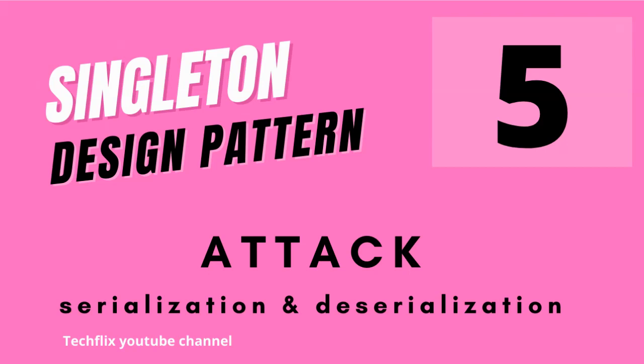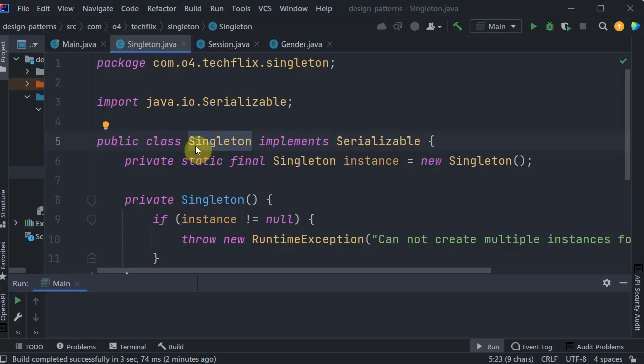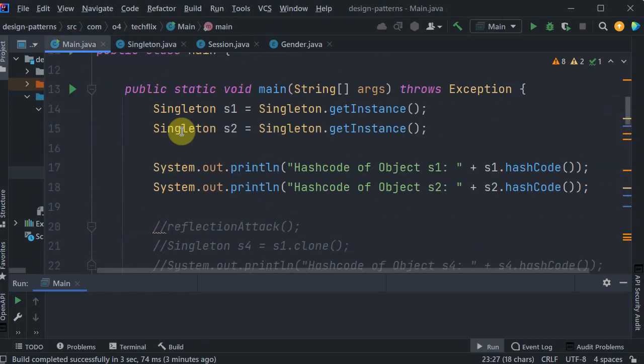Hi, in this episode, we'll look at the deserialization attack, where we will simply use the serialization and deserialization of this singleton class object. In order for that object to be serialized, its class needs to implement the Serializable interface. So here we have a sample code where I'm just trying to get the instance of the singleton class